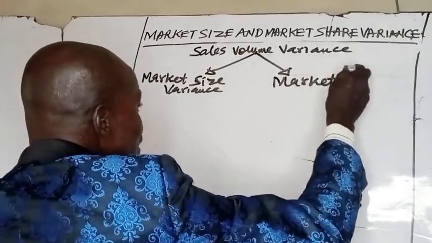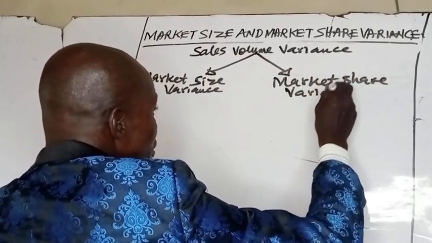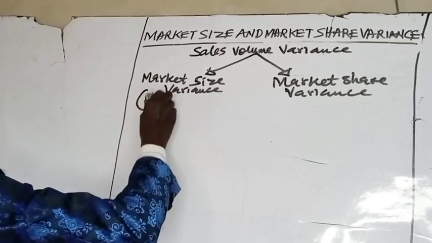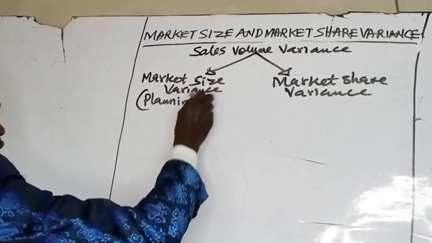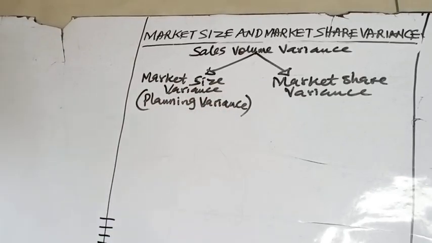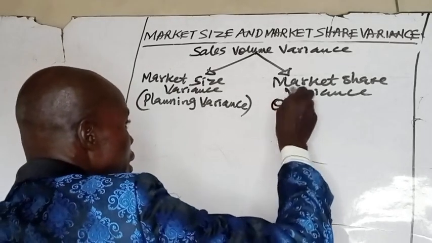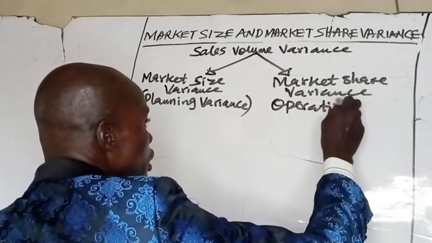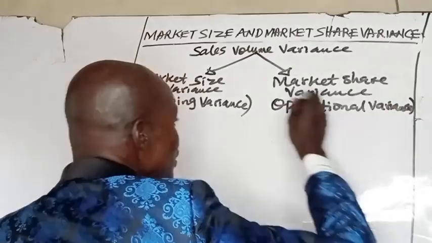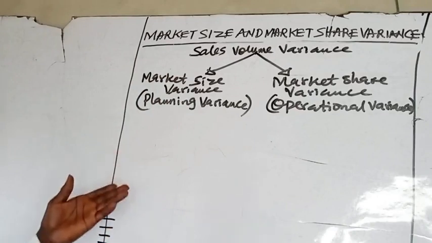Market size variance is the planning variance, while market share variance is the operational variance. If you have watched my earlier lecture on planning and operational variance,